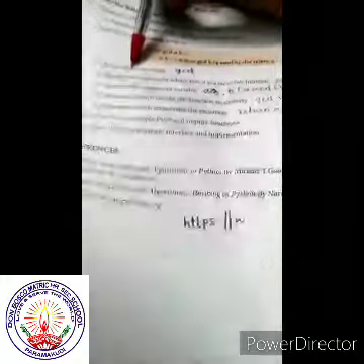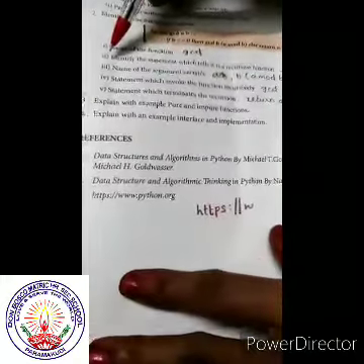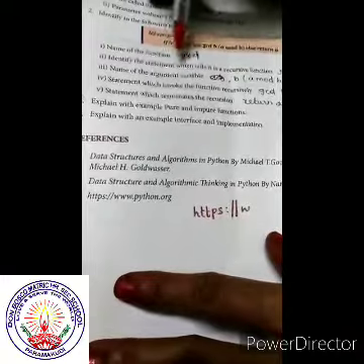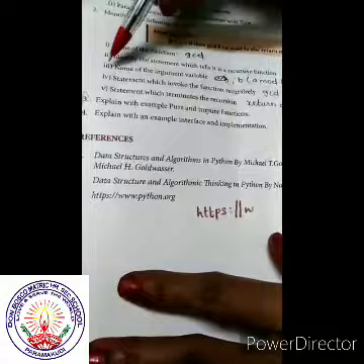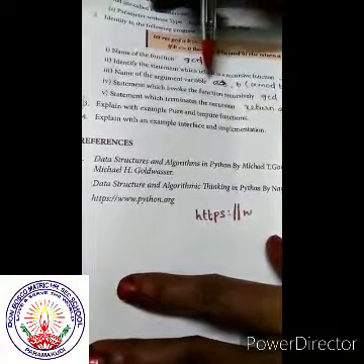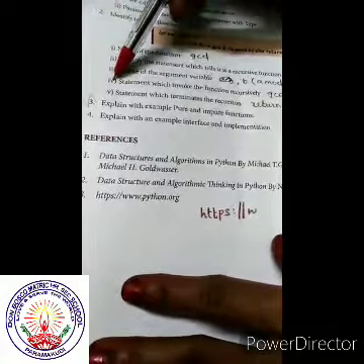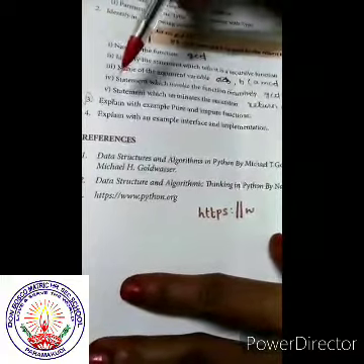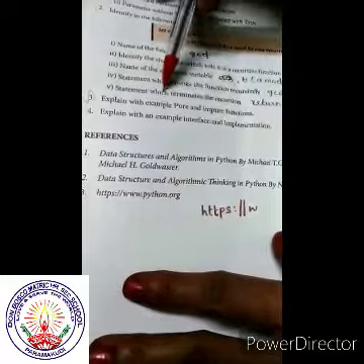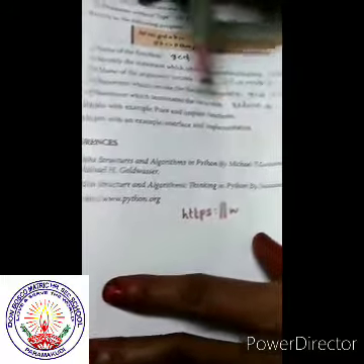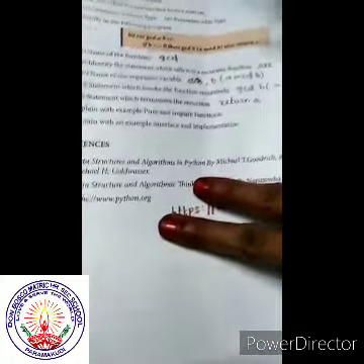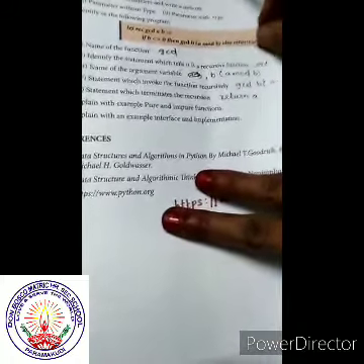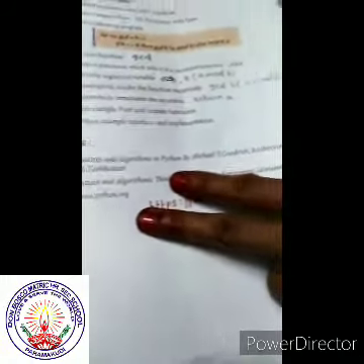Option 1, name of the function. Option 2, identify the statement which tells it is a recursive function. Option 3, name the argument variable. Option 4, statement which invokes the function recursively. Option 5, statement which terminates the recursion. So this is your question: identify the following program. This program leads to the following questions.